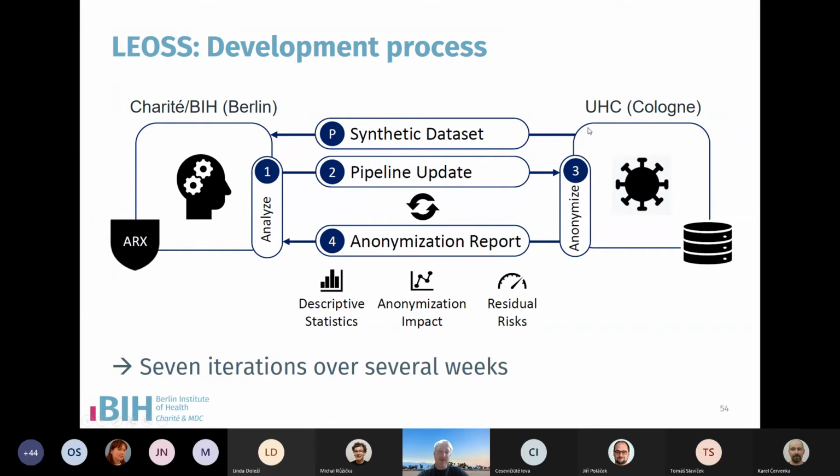So what basically happened is that in Cologne, they created a random data set, which had no real statistical information encoded, but gave us a little bit of an idea about the attributes and the domains that they have. We then developed this anonymization process and packed it into code, and this code was shipped to Cologne, where it was executed automatically on the data set, and then they generated a report, and the report was sent to us, and then we updated the pipeline, and we did this like 7 times over several weeks